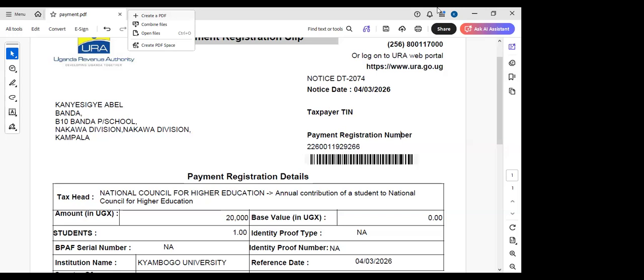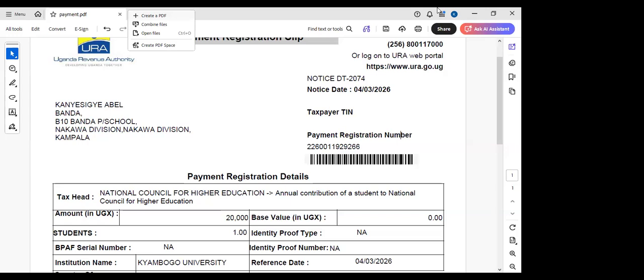I can show you. If you're a CPA student, you go back to your portal and update that you have paid the National Council for Higher Education. You go to your portal, put your student ID, the password, select I'm not a robot,